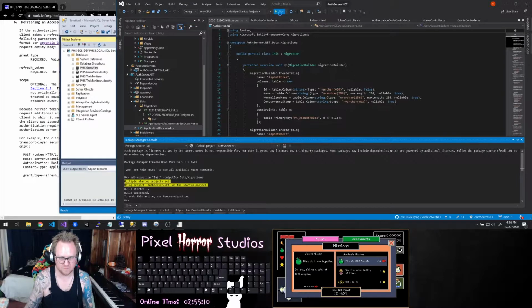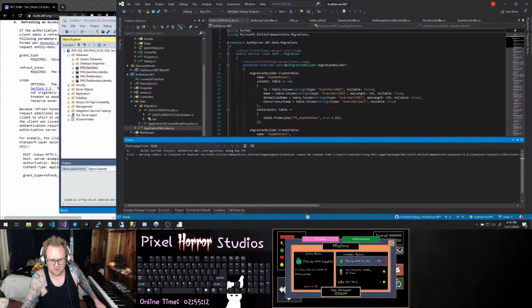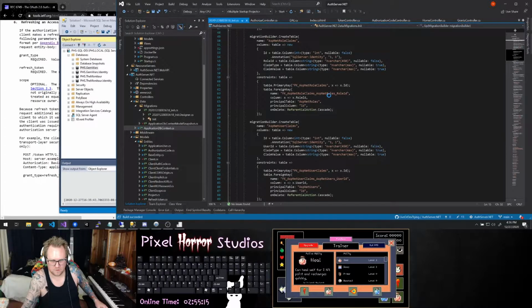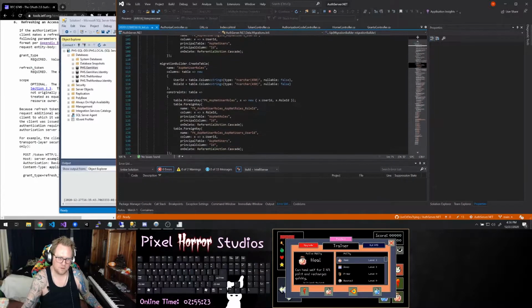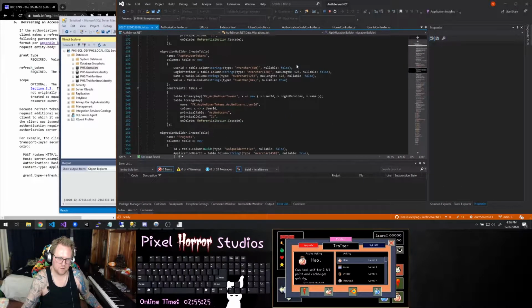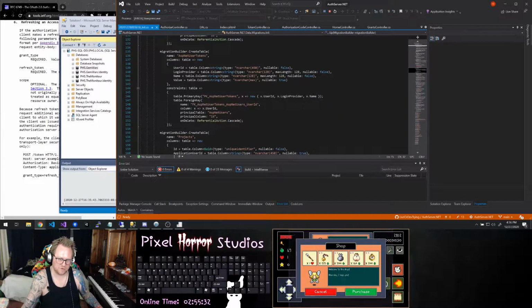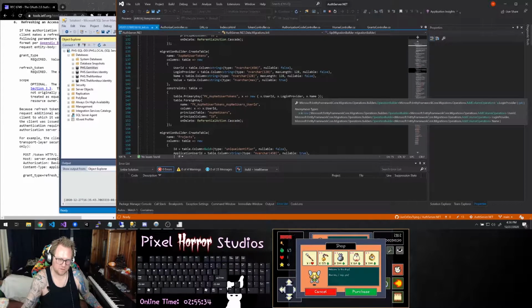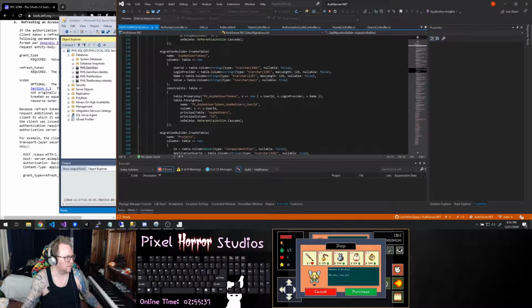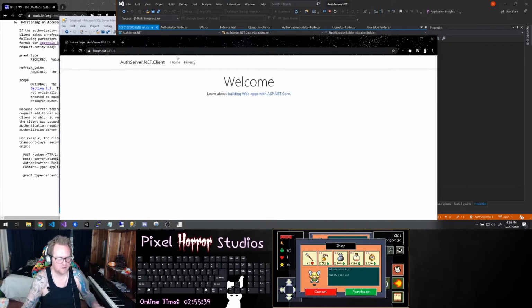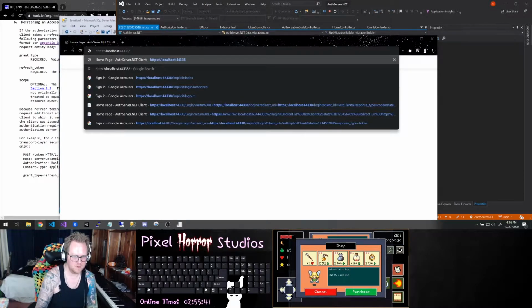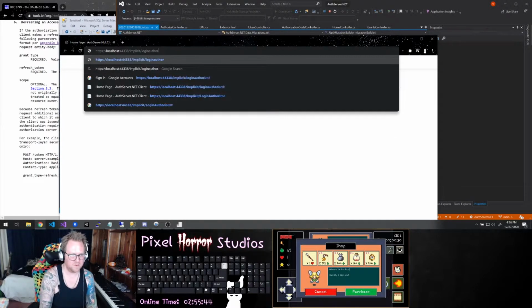And then we can run it. User tokens. That's got a constraint on user ID login provider. And we want to do